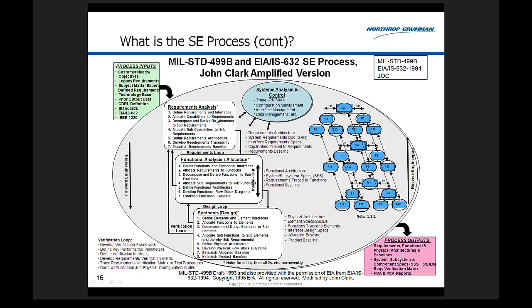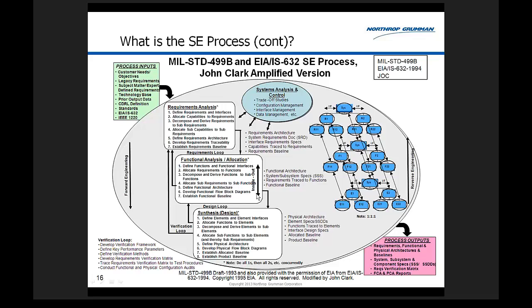Okay, then all the 2s: allocate capabilities to requirements, allocate requirements to functions, allocate functions to elements. Okay, and then decompose, then allocate those. Define the architectures and do some diagrams. You can read it for yourself. Okay, make sure, and this is